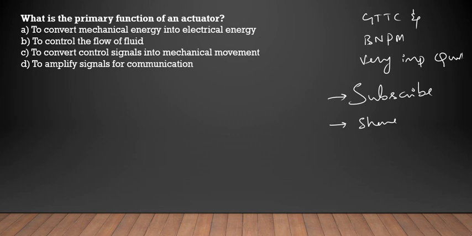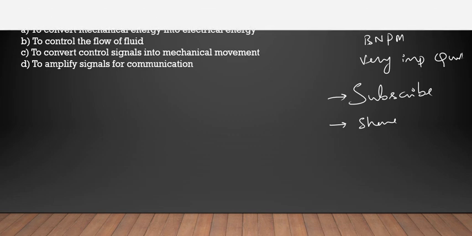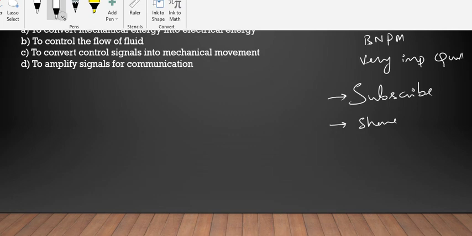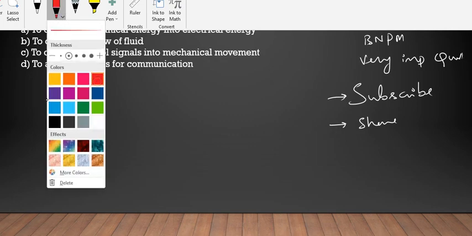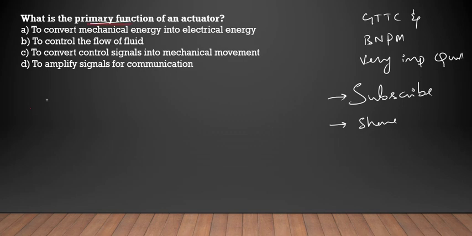Okay, so let us continue the session, guys. First question is about what is the primary function of the actuator. See, it is a simple question. If you read the question very clearly, they are just asking the primary function. What does the primary function mean? Are there secondary functions also? Do you mean the primary function of the actuator is something and the secondary function is something else? Nothing like that. Actuator means it's just as simple as it is,